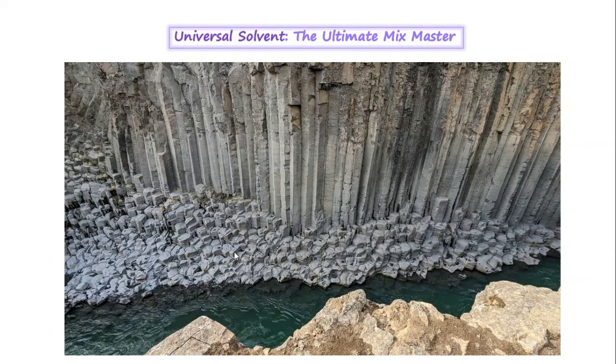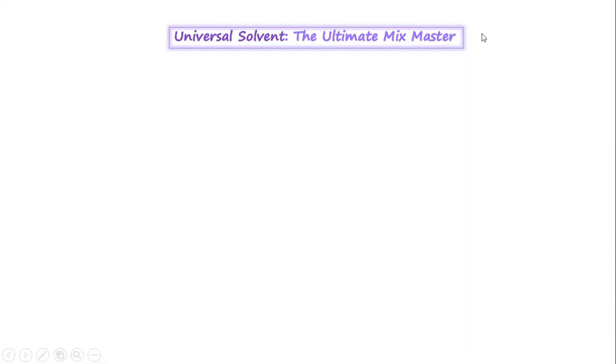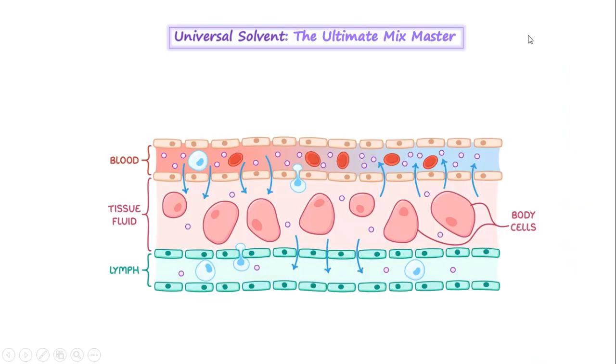Well, in our body, water also has much significance, because, as I have told you before in some of the previous lectures, 60% of our body is composed of water. That water is present in our body in the form of blood, in tissue fluid, in lymph, and in the cytoplasm of the body cells. So it means that water is present everywhere in our body, and this presence of water has